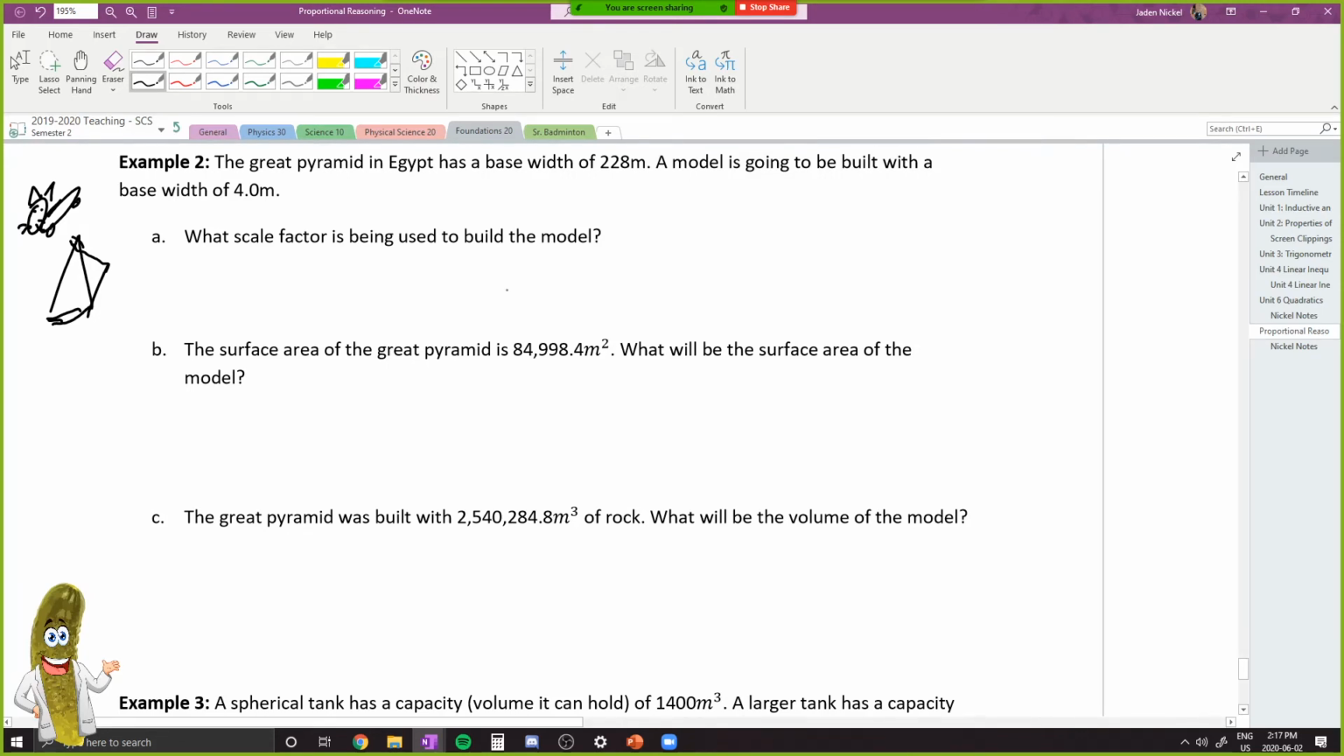So what we want to look at here is the different values that we've been given. The Great Pyramid in Egypt has a base width of 228 meters. I'm going to call this one the original object because my guess is before this model was ever built, the pyramid was probably built. A model is going to be built with a base width of 4.0 meters. So using our K value,